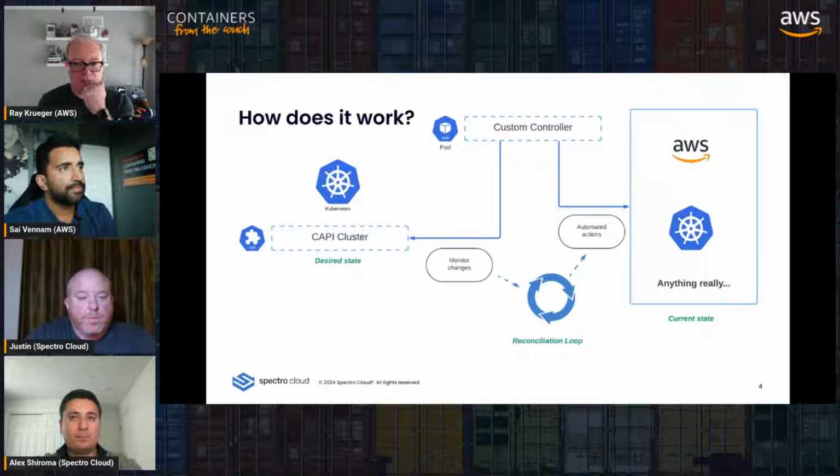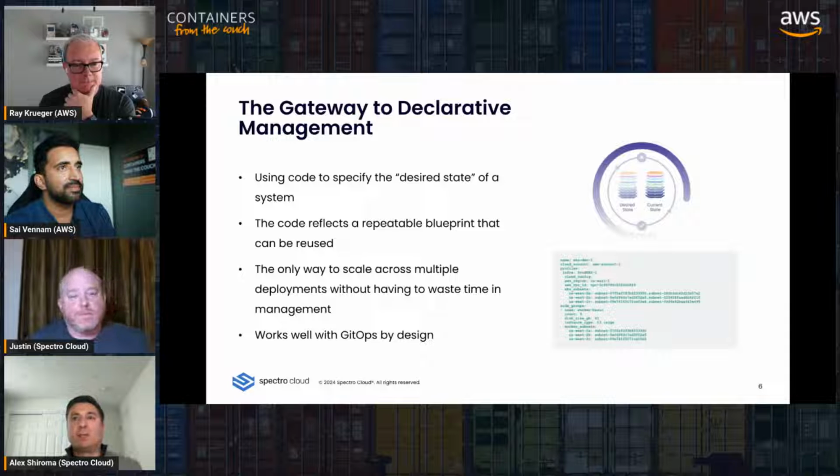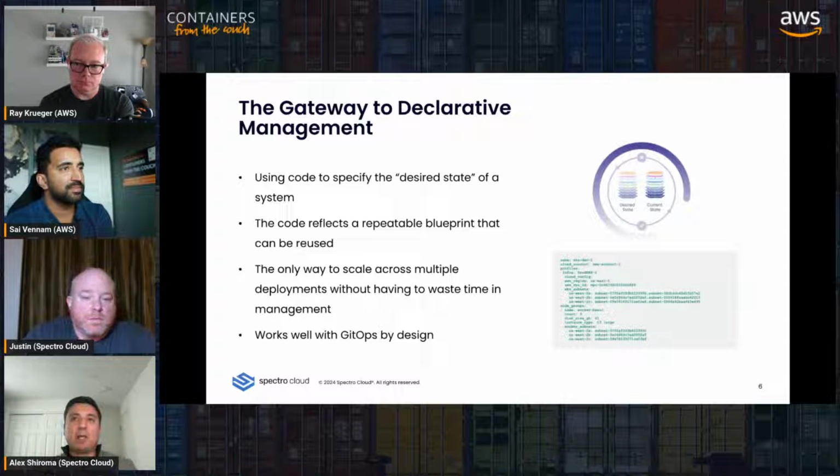I think you had one or two more things here you wanted to hit, Alex, before we jump into the demo time that everybody knows and loves here. Yeah, absolutely. I think the big thing here is that CAPI is declarative management, right? And if you think of it in the way you manage Kubernetes constructs, everything is through a declarative approach.